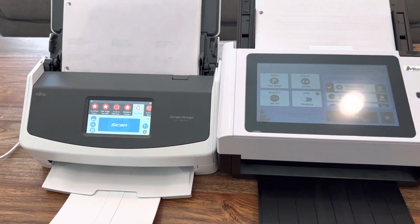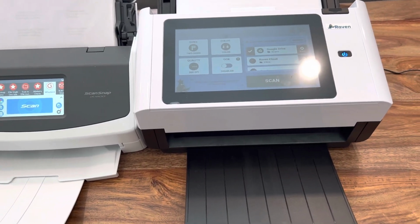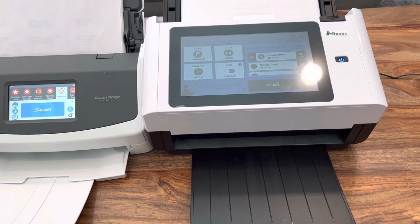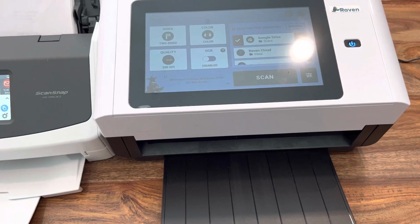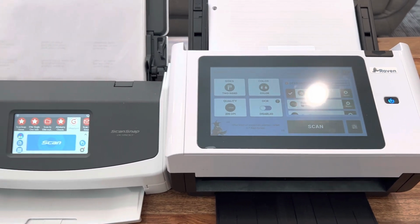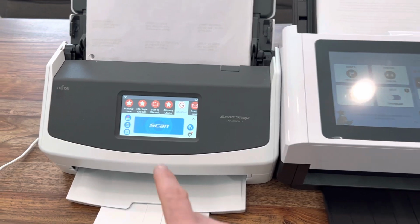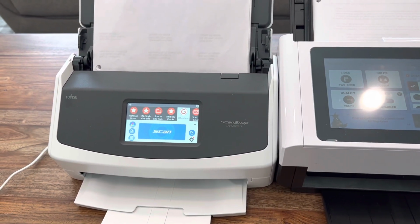The Raven scanner is somewhat limited, quite a bit limited in my opinion, in that it can only scan to one location within each setting. For example, I've got it set to scan to Google Drive. I can only have one folder in Google Drive that it scans to, whereas the Fujitsu, I can put multiple scanning locations and I can just choose which place I'm scanning to,